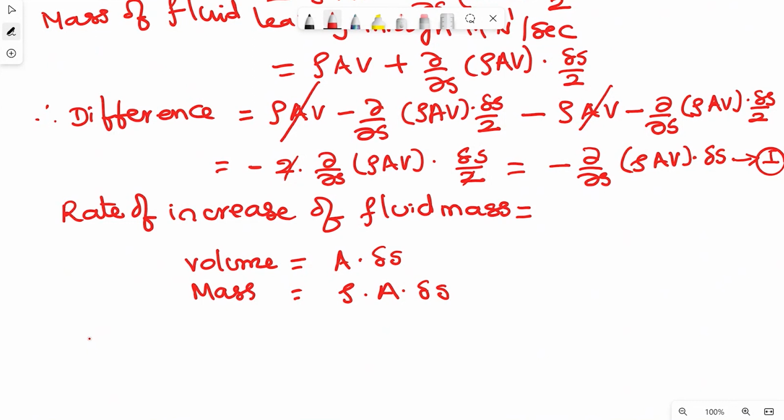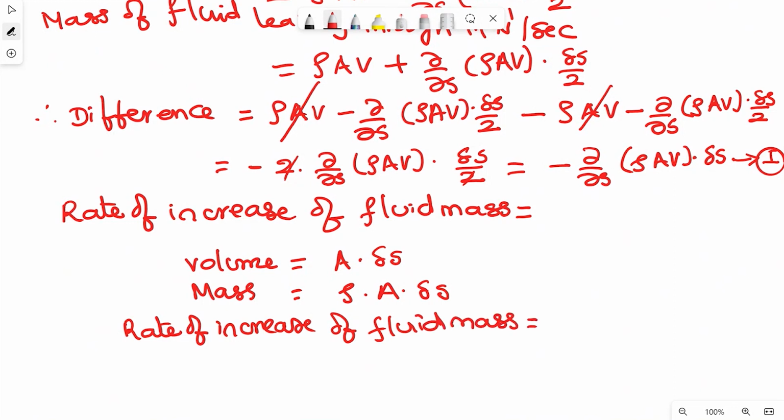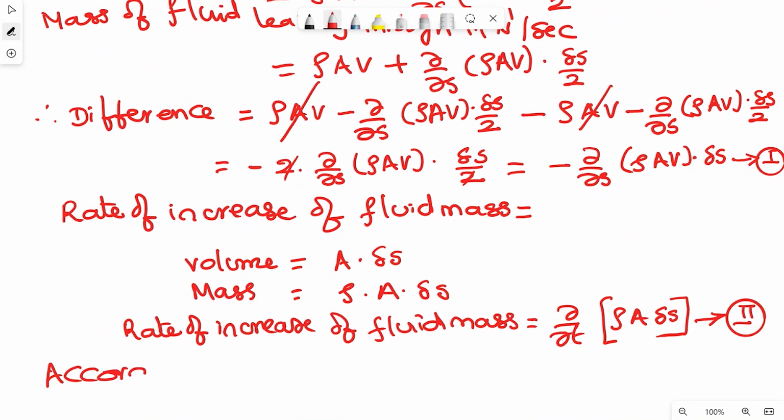Then basically, the rate of increase of fluid mass is equal to dou by dou T of rho A into delta S. Call this equation 2. So according to continuity equation,